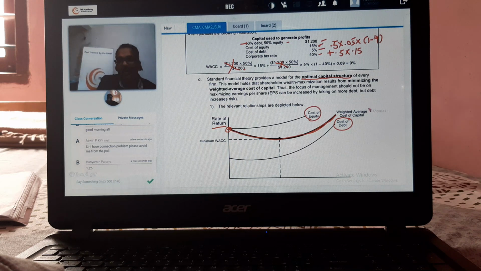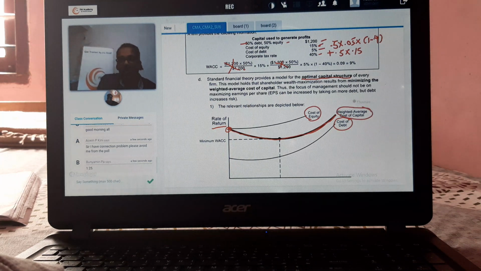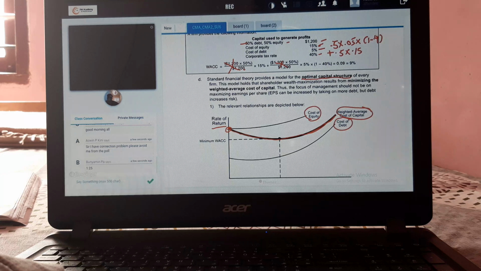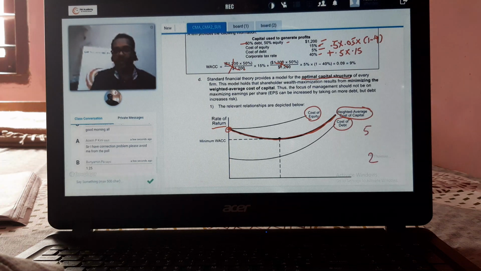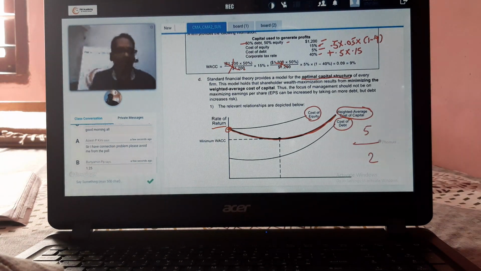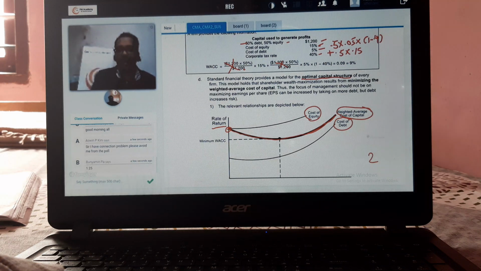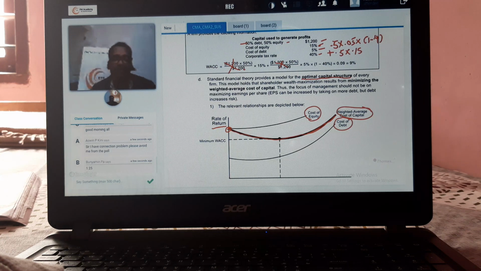This is the weighted average which you have seen. You can find out any weight and you can plot. The WACC will lie between these two, correct, no? One is this number. You are taking an average of 5 and 2. That average will lie between 5 and 2. So here, the WACC will lie between the respective cost of equity and cost of debt.